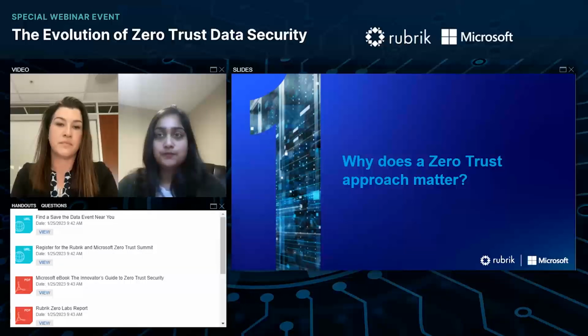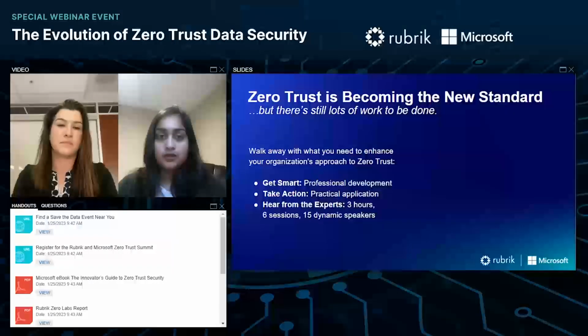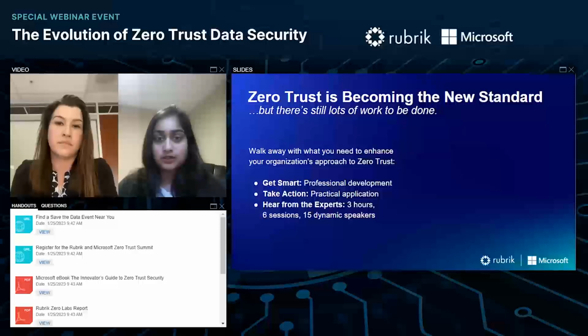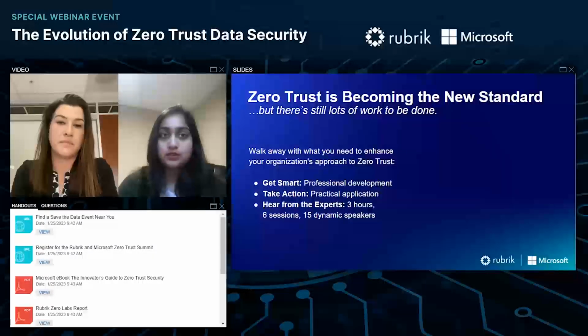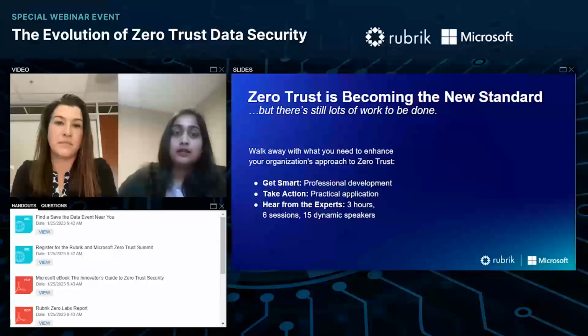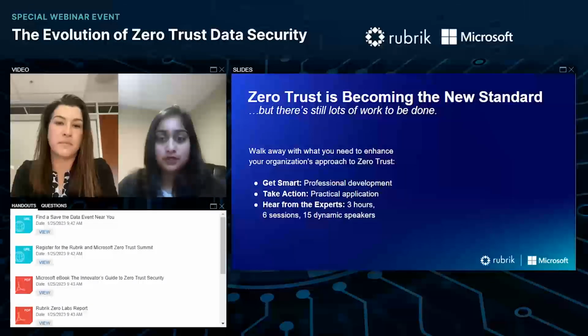And so we're seeing more and more that companies are turning towards zero trust, right? They really want to keep their data safe and secure. And zero trust was created because the traditional way of securing data wasn't working anymore. So cyber criminals found ways and are finding ways to bypass the perimeter and get access to sensitive information. And so organizations needed a new security model that adapts to the complexity of the modern environment.